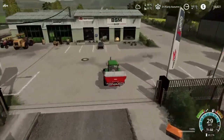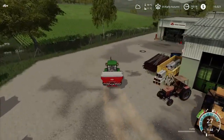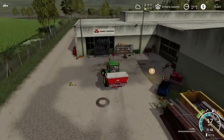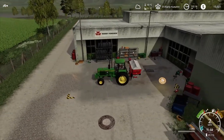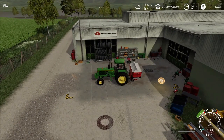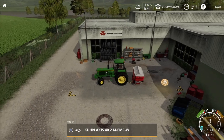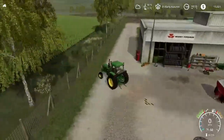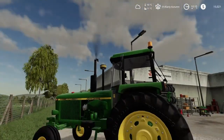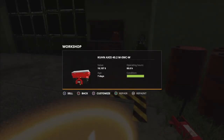Here we are. And I need to be the left side if I remember. Down here. There we go. Drop this off. Don't need the beatings on anymore. And we'll sell it. Oh, that sounds absolutely beautiful. I love the sound of the old tractors on here. Right, so we're going to get